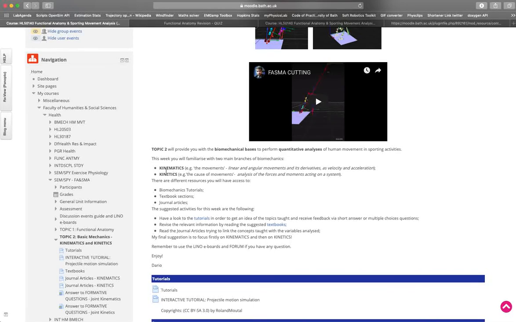When you then move towards kinetics, kinetics is the science related to studying the causes of movement. And usually when we talk about the causes of movement, we talk about forces. It could be linear forces or it can be rotational forces that we call torques or moments. So,